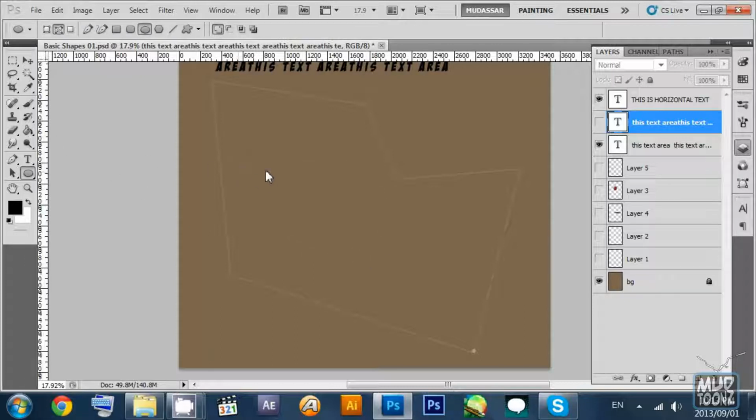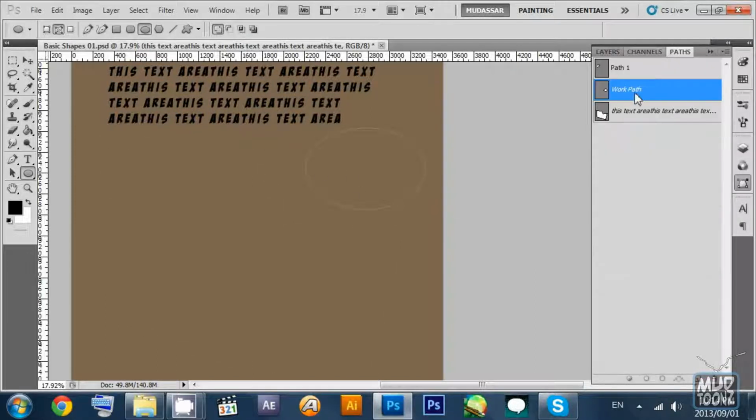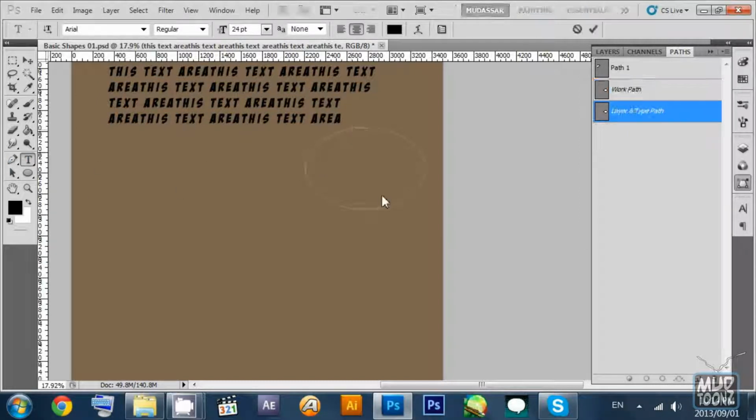You can also create a circular sphere and make the text move around that sphere, or in any case any path. So let's create a circular path, and try to create text that moves around this work path. So we have this circular path selected, and we use the text tool, move it on top of the line instead of inside the line, and it will start writing text on the top side. Now to manipulate this text, you use the selection tool